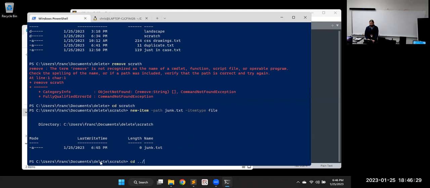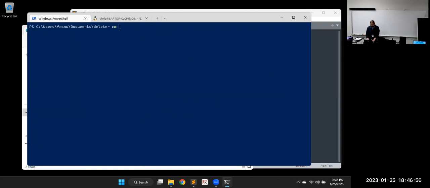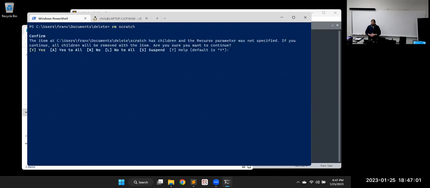So if we need to go two steps, like if I need to go all the way back up to the users folder, I have to go dot dot slash dot dot slash to get up to documents. So you can only go one at a time before you need another slash, just like when you're going down the file path names. Dot is the current directory, dot dot is the parent directory. That's consistent across all of them. Same thing in Linux.